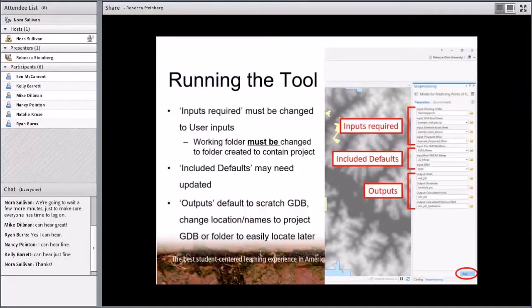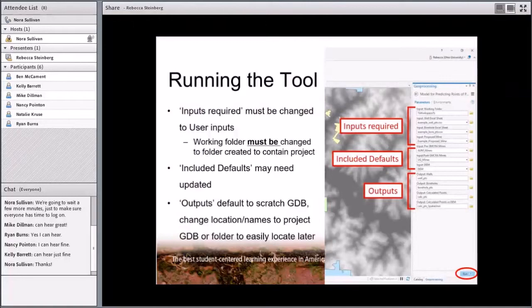After the required inputs, you have the default inputs, which again are the mine extents of the surrounding underground mines from the ODNR download. Here they are set to the defaults within the project, but if the user has updated these shapes, you're going to have to change that to the shapes that you've added to the map, as well as the DEM. And then the final grouping there at the bottom are the actual outputs of the tool,